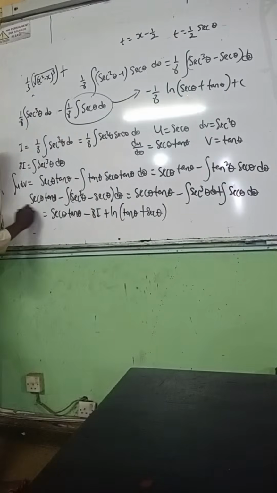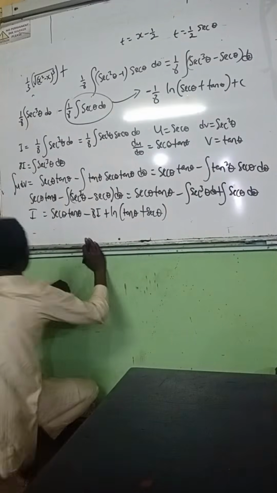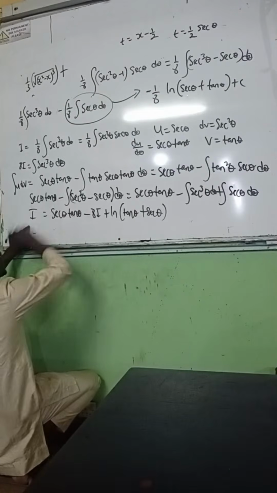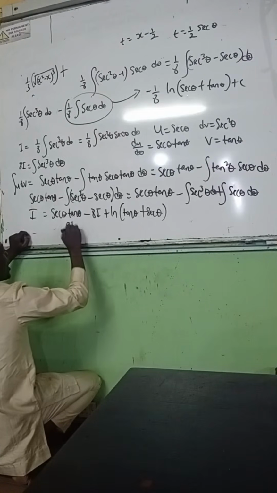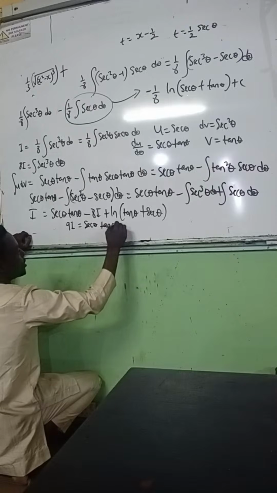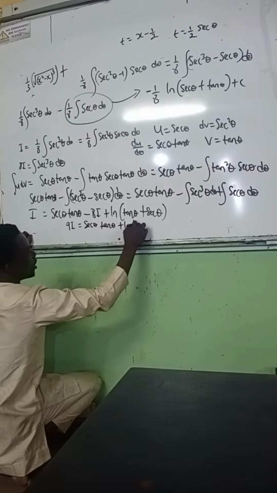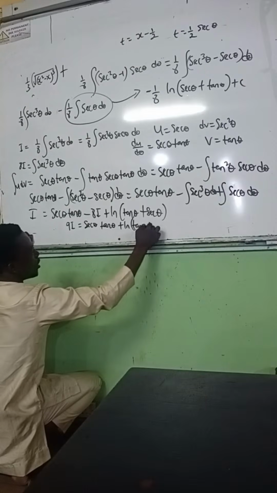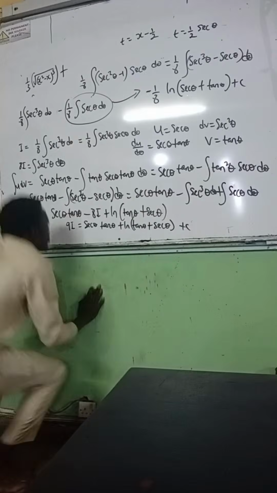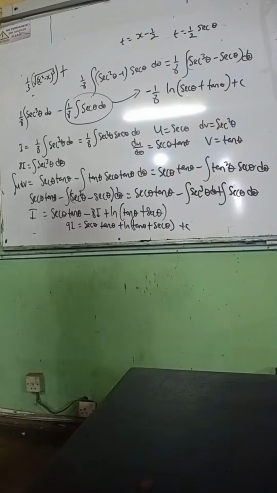This is our solution, which is I, the original question we are solving. So if 8I comes to this side, we have 9I equals sec theta tan theta plus ln tan theta plus sec theta plus c. So that means I now will be